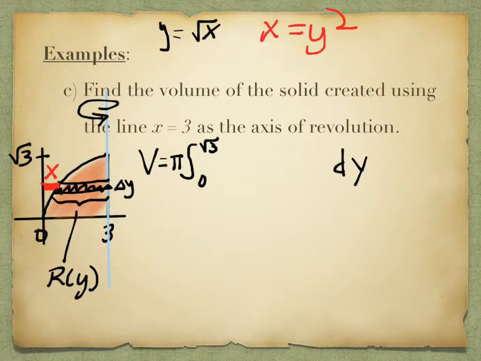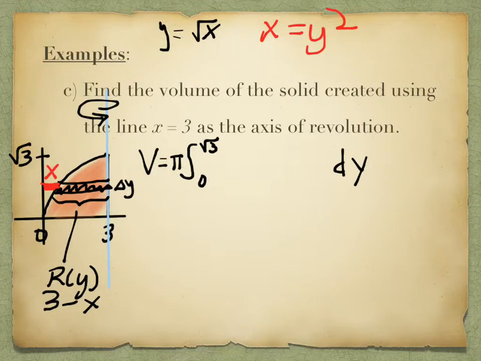So how can I find the distance that I marked in black? Because I don't really want the distance in red. It would be 3 minus x, right? The whole distance is 3. The little distance in red over here is x, so if I do 3 minus x, I have the piece in the middle. So this piece right here is actually 3 minus x, but again, I don't want this in terms of x. X is equal to